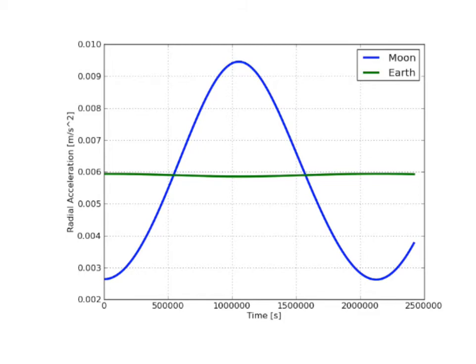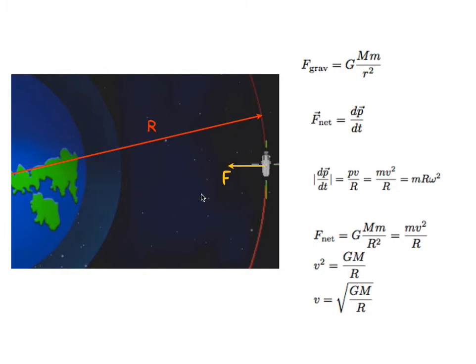Oh, one other thing. Let me switch back here. What if I used this formula and I increased the orbital distance until the angular rotation rate was 1 rotation per day? In that case, this would orbit the Earth at the same rate that the Earth spun. We call this a geosynchronous orbit. A geosynchronous orbit has the orbit rate the same as the rotation of the Earth. If that orbit is also directly over the equator, it's called a